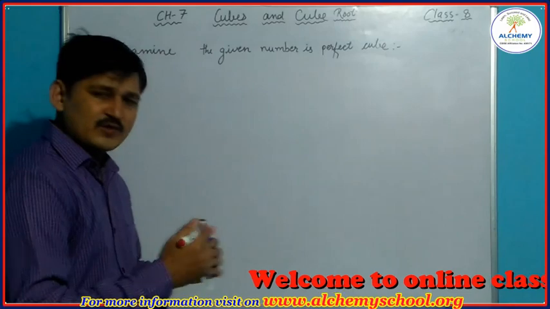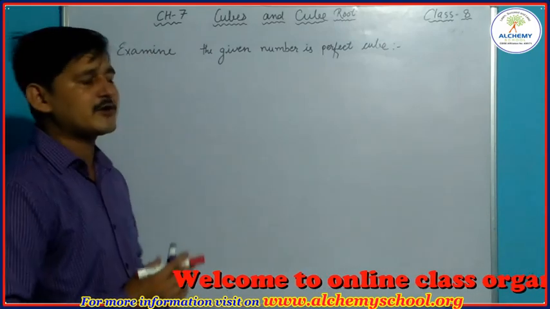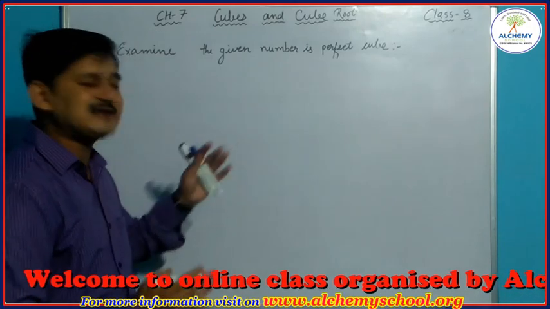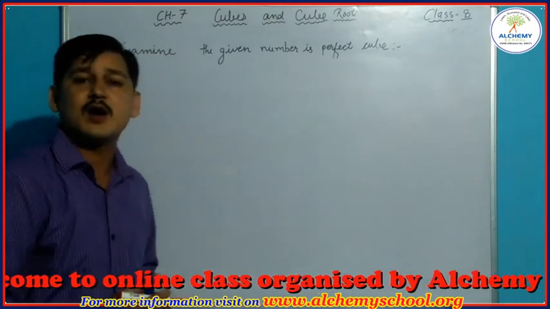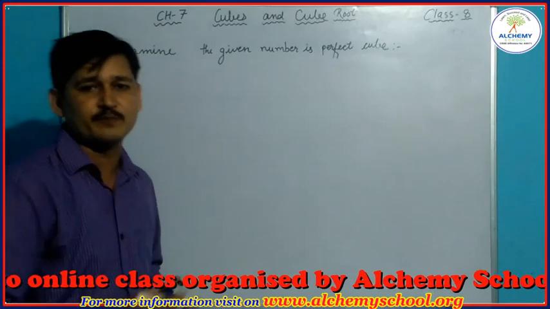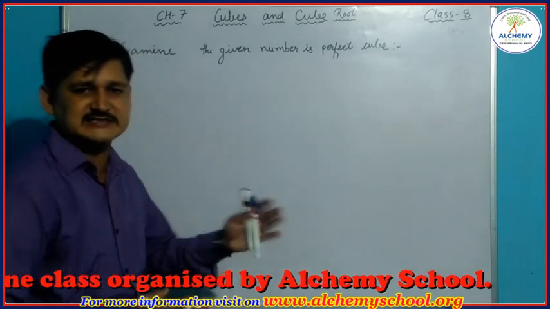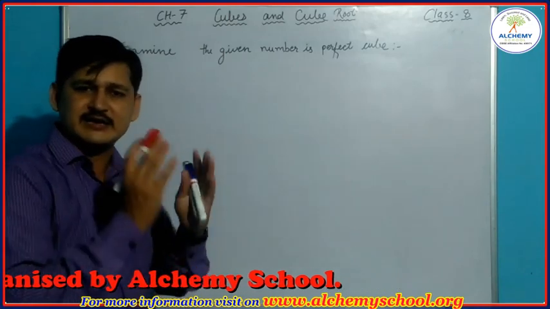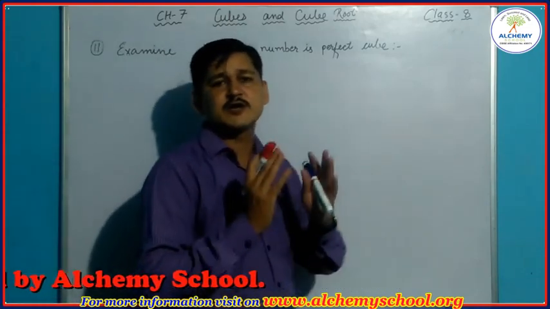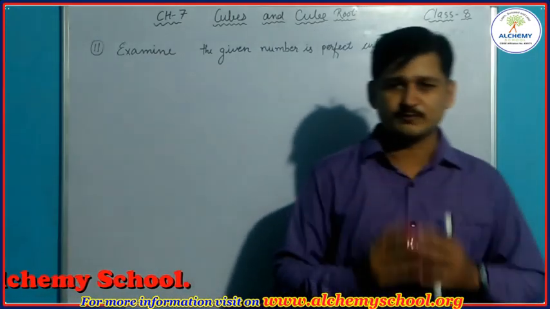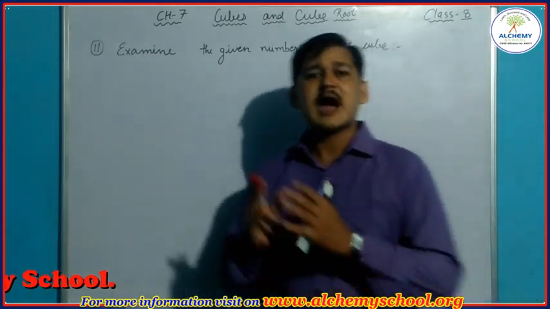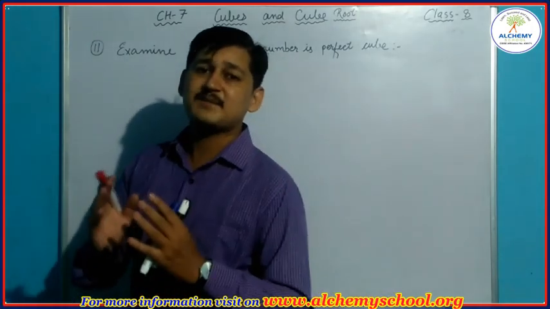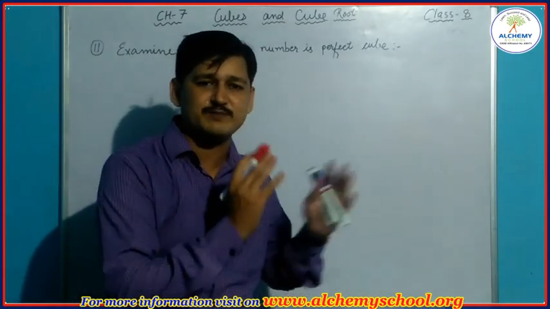Perfect cube means when a number is given to us, we find a whole number that is multiplied 3 times to get the given number. Then the given number is a perfect cube. And if we are not getting such a number that is multiplied 3 times to get the given number, it means the given number is not a perfect cube. So the question arises here, how can we find such a number? Simply, we can find such a number by applying the prime factorization method.